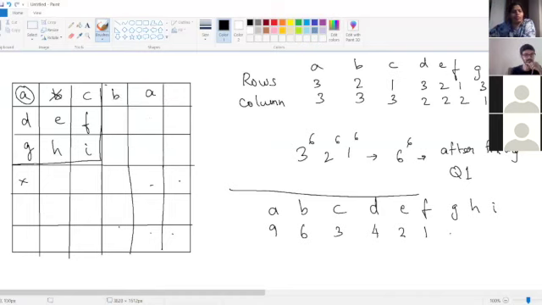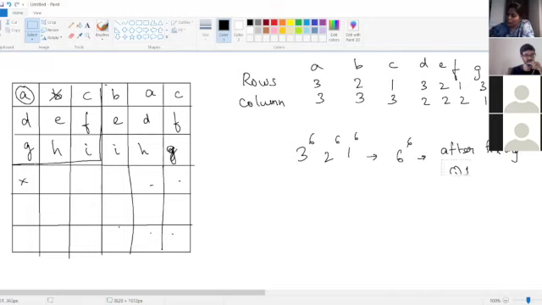Fill the entire Q2. So now Q2 can be filled in 3 factorial cube ways, correct? Yeah. Now we will try to fill either Q3 or Q4.